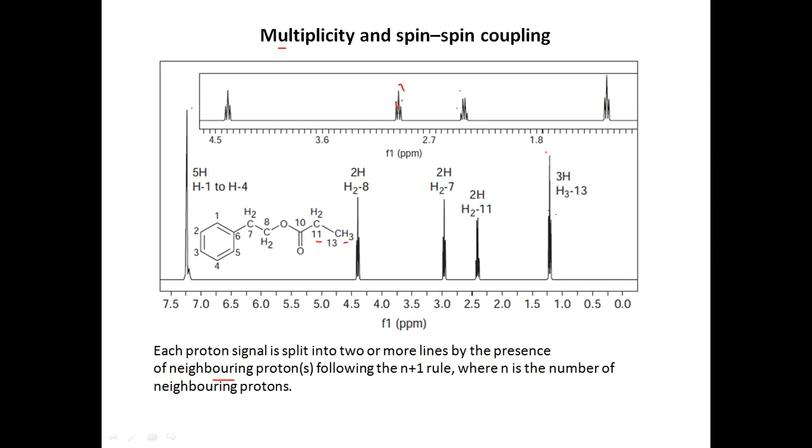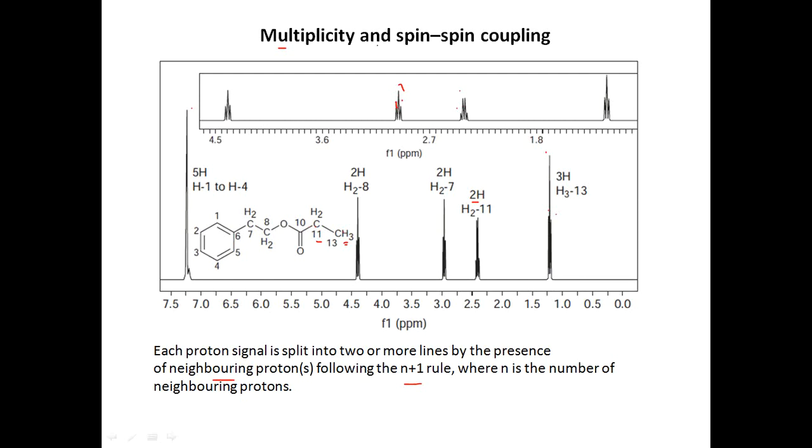This interaction of CH3 with CH2 is called spin-spin coupling. The spin of this proton is interacting with the spin of that proton, leading to multiplicity, that is, splitting of the NMR signal. This is called spin-spin coupling, which leads to multiplicity in a particular signal. The rule followed for spin multiplicity is the n+1 rule, where n is the number of neighboring protons. The methyl group CH3 is interacting with the neighboring CH2 having 2 protons, so n is 2. 2 + 1 is 3 lines, so it gives you 3 lines here.